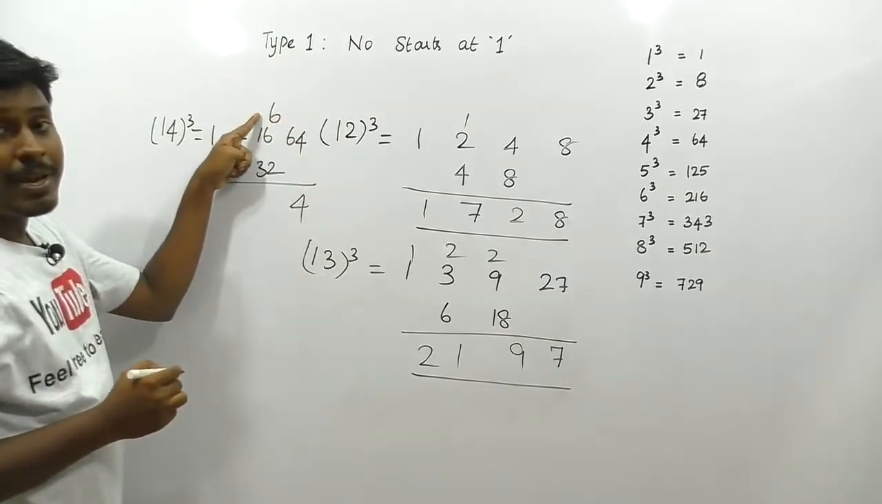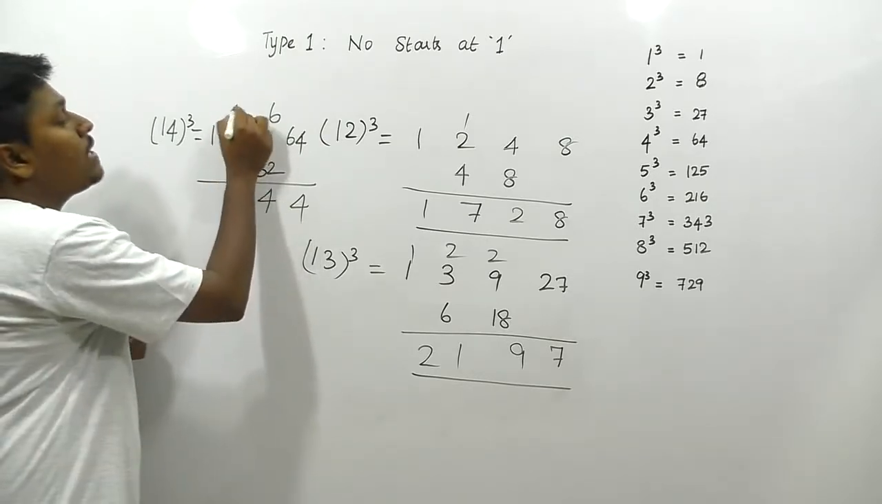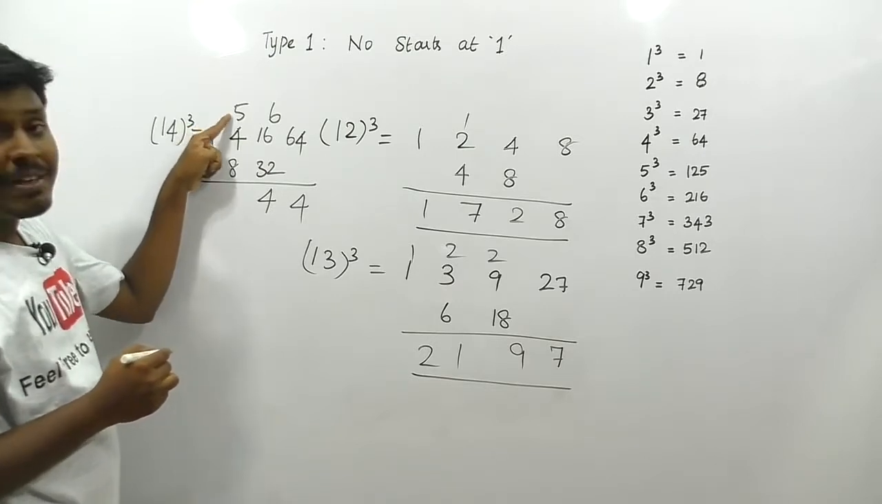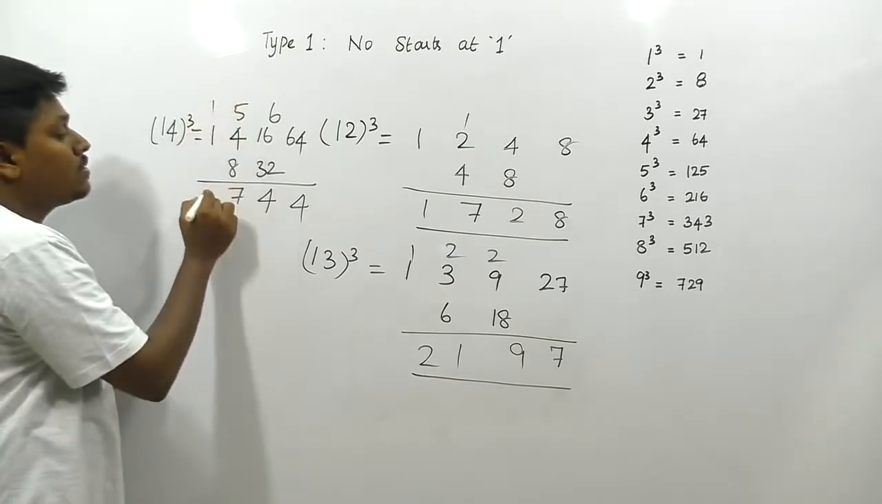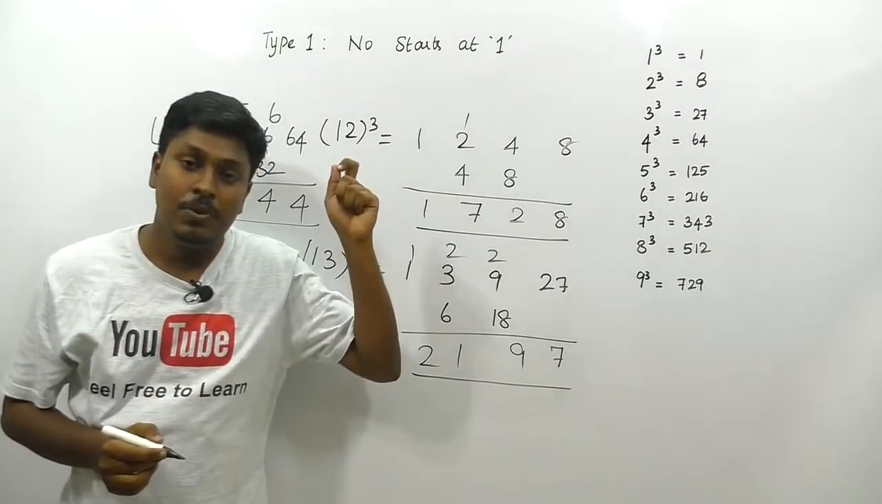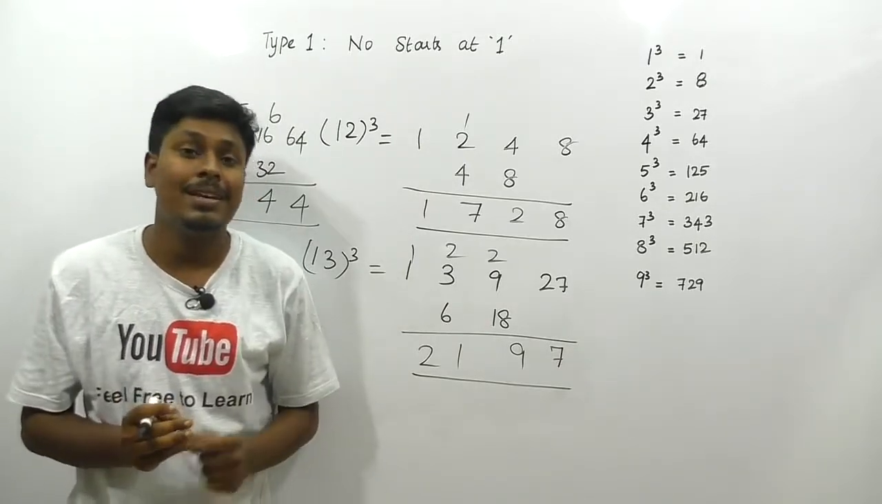16 plus 6 is 22. 22 plus 32 is 54. So 4, and 5 should be remainder, right? So 8 plus 4 is 12. 12 plus 5 is 17. So remainder 1. So 2, 7, 4, 4 will be 14 cube. Friends, if you follow the same procedure for the entire number, I hope you can get the type 1,